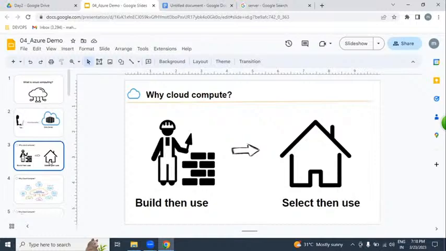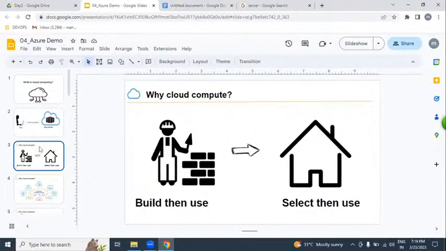Any cloud is rental based infrastructure. By using cloud, we are not buying anything.